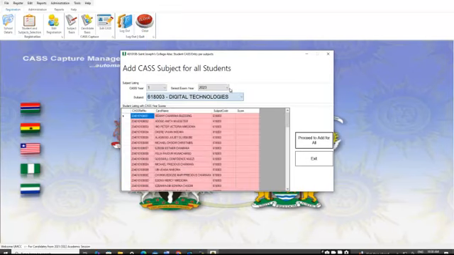I'll be entering in their CASS scores for CASS year 1 2023. So just the way I did it with civic education, I'll just click in the score box and begin to enter in the scores for each of the students. So once I'm done entering in all the scores, I can then click on exit, or I can then move on to another year if I have another year that I need to enter, which is